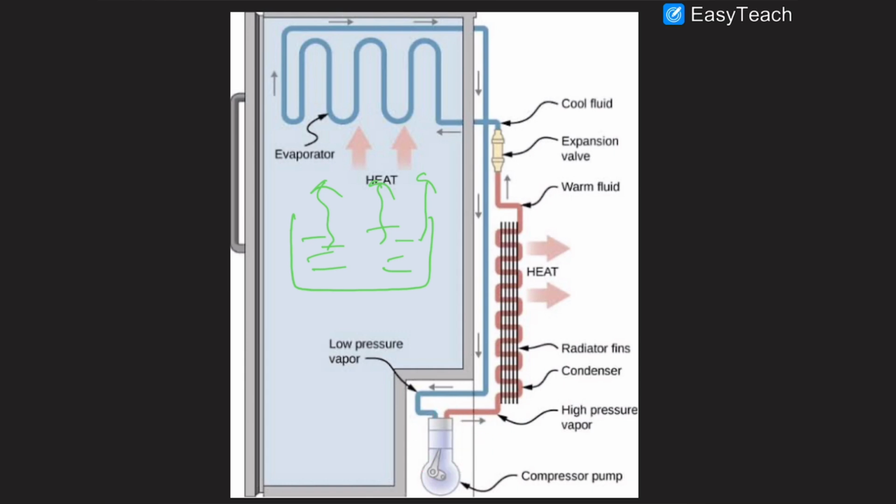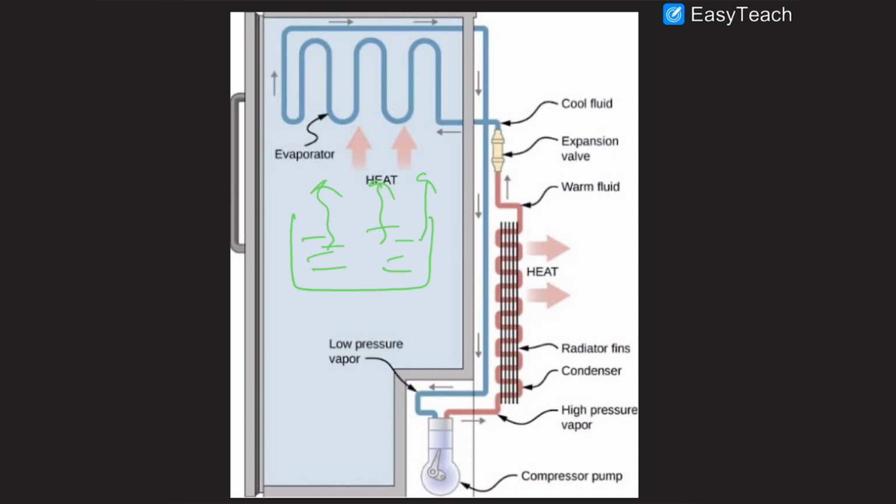That compressor is a small piston type arrangement which compresses the gas and increases its temperature and pressure. That high pressure vapor gas is injected into this pipe, which is also called the condenser,